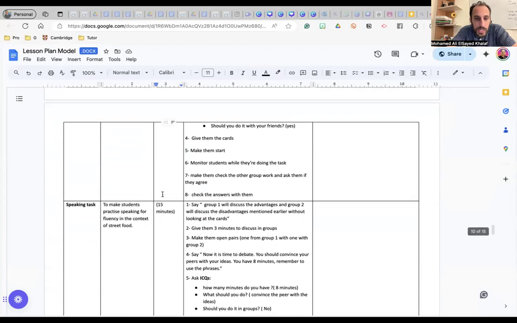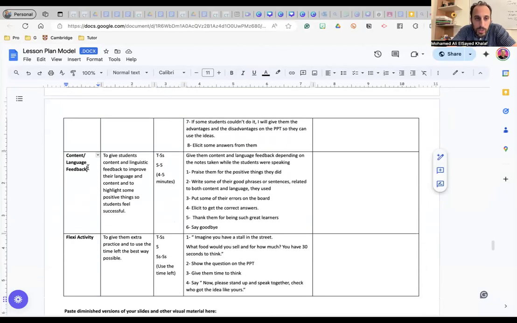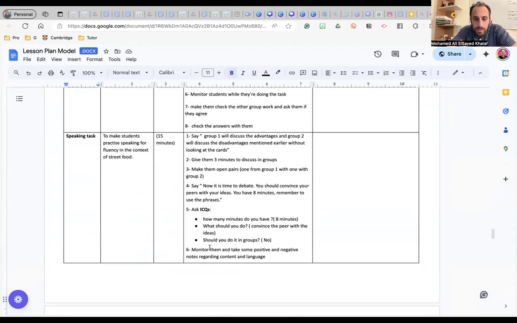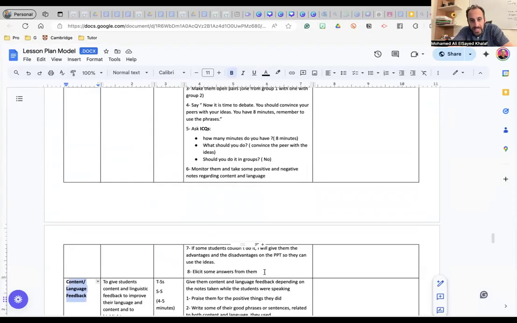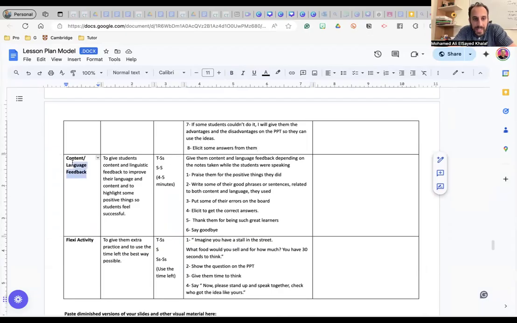Preparation, speaking, feedback. You can just add content and language feedback to the speaking task, like after the speaking task here, or you can add it as a separate stage.